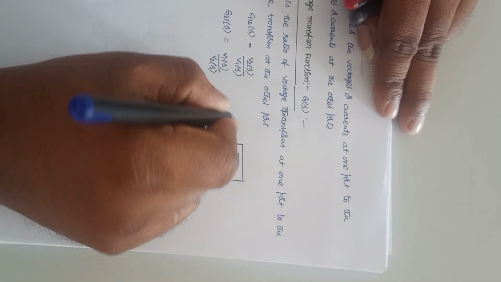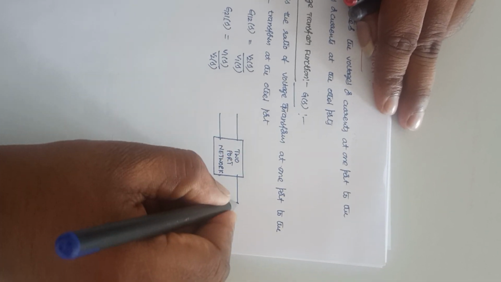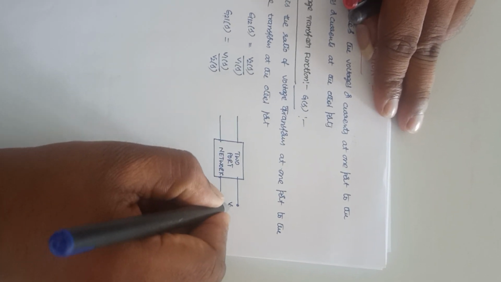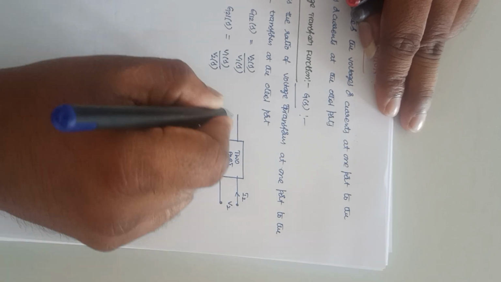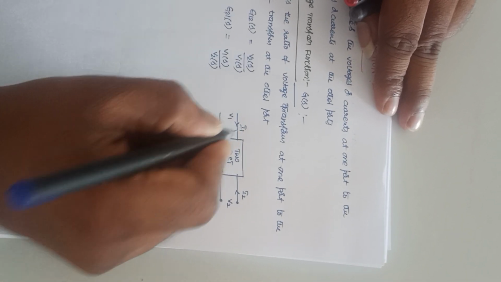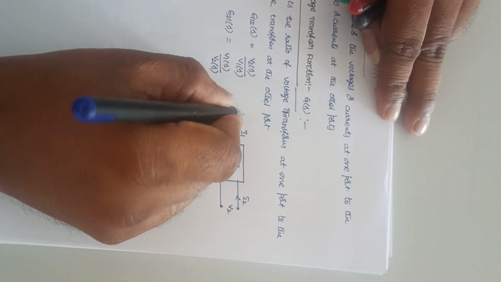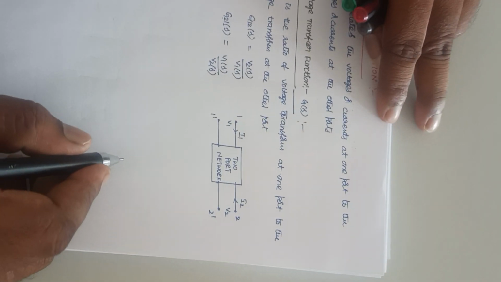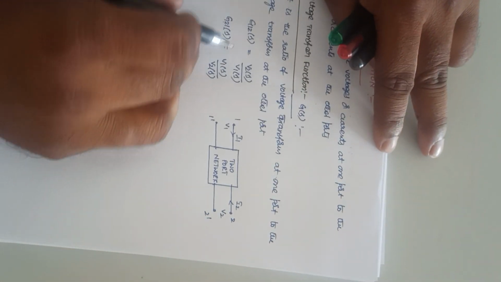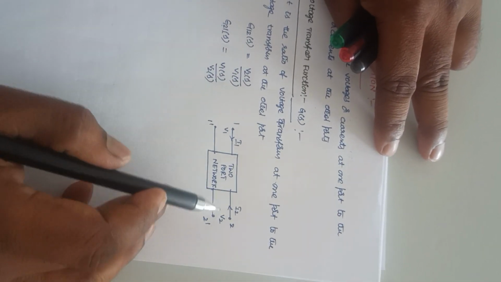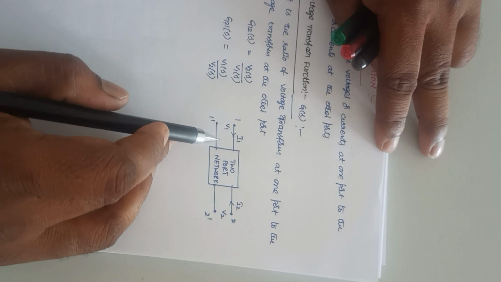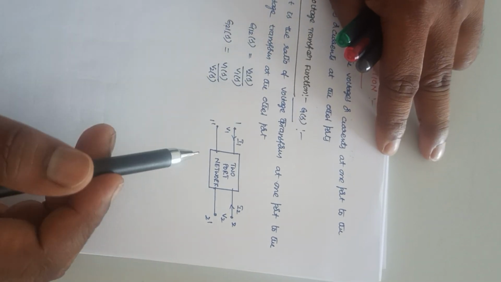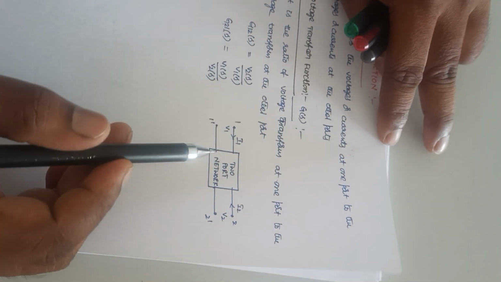In this two-port network, two ports will be present here. It is one port, it is another port. It is V2, I2, V1 and I1. So it is 1 1 dash and 2 2 dash. So in this, G12 of S is equal to V2 of S divided by V1 of S. That means this transfer function concept,